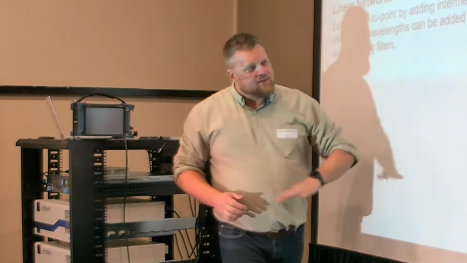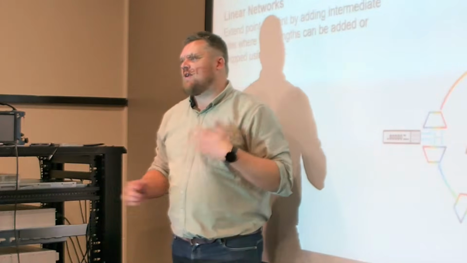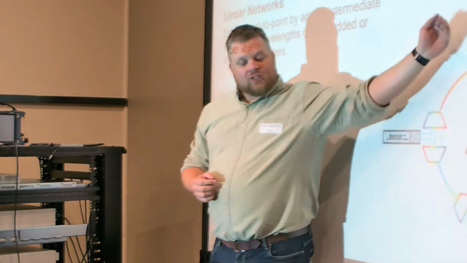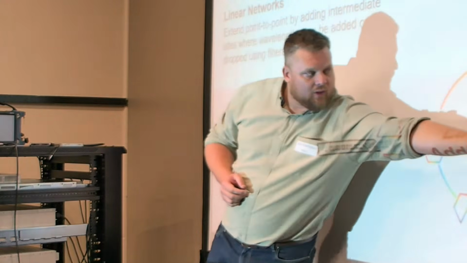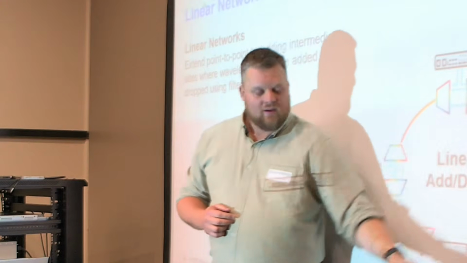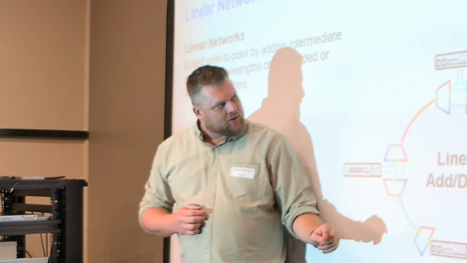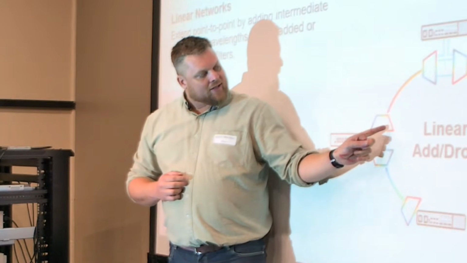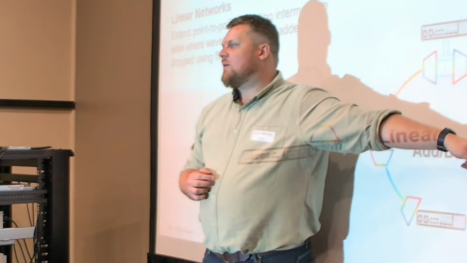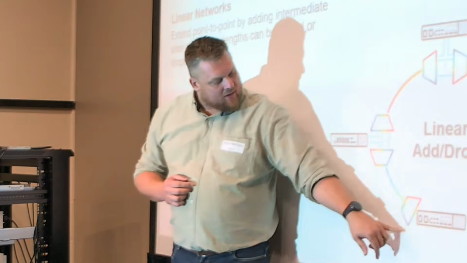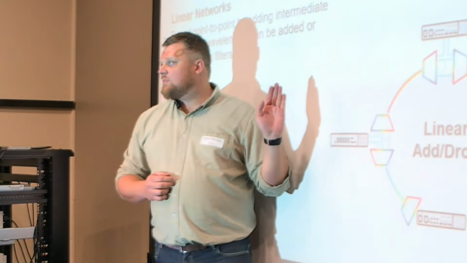Got fixed filters. This one you'll have some amplifiers. You won't even have an amplifier at every node, depending on how the network looks. And any traffic passing through, destined for there. So for argument's sake, this is point A, and this is point B for this traffic. So we are using the most right portion of the spectrum. So the traffic is inserted here, we patch it through, and that's the first time it sees the electrical layer again, right? Then, say we had a second optic on here on the most left-hand side of the spectrum.